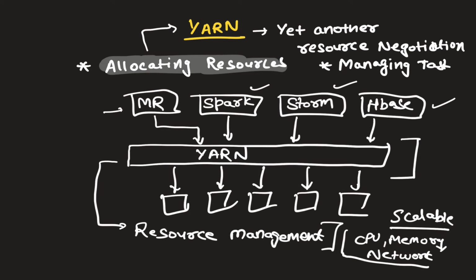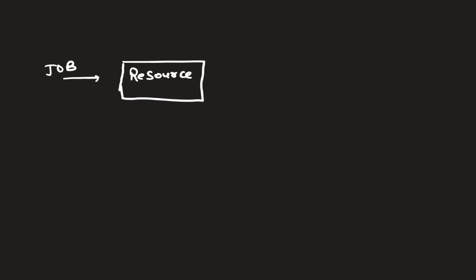Now let's discuss how Yarn works internally, how the resource management happens, how the resource allocation happens, and let's discuss it with the help of a MapReduce job. So let's take an example. Let's say now you are submitting your job, right? Whenever you are submitting your job, now your job, instead of going to job tracker, will go to resource manager. This is my Yarn resource manager.